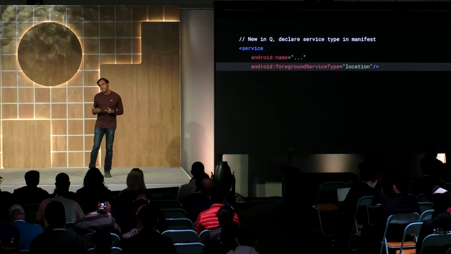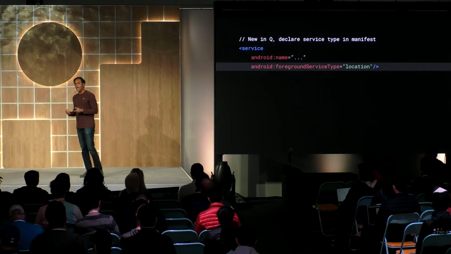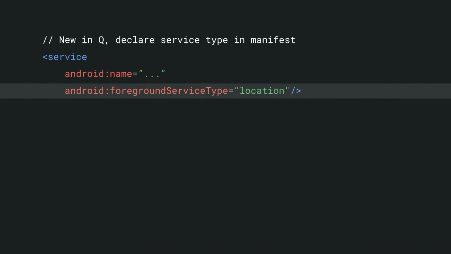You can declare foreground service of type location using the foreground service type attribute in the service element of the manifest file. If you do not declare foreground service of type location, and if the user has provided only while-in-use permission, your app cannot get location when running a foreground service. If an app has all-the-time access, though, it can get location when running a foreground service even without this declaration in the manifest. If an app specifies foreground service of type location in the manifest, the app has to compile against the Q SDK version.